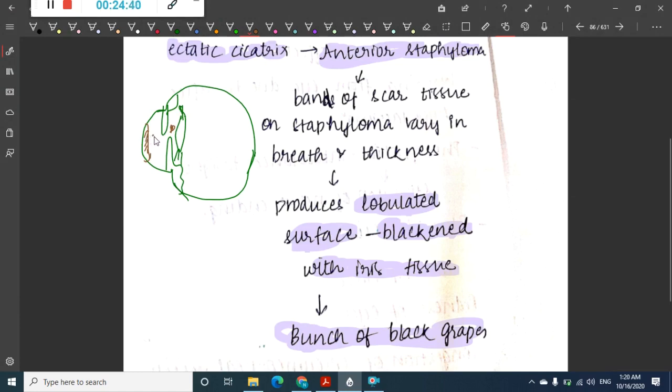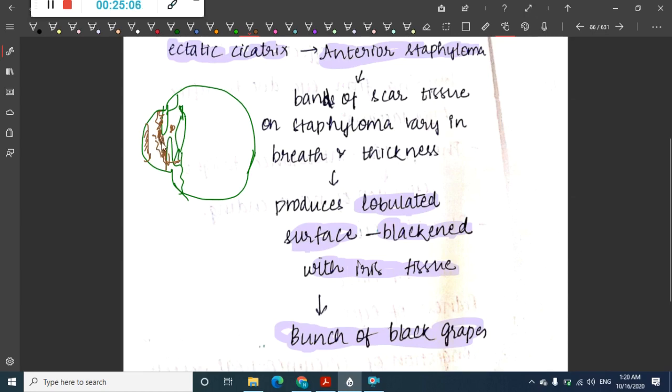Okay, this infection of the cornea will lead to sloughing of the cornea. So as a result, there is inflammation of this iris. The infection spreads to the aqueous humor and the iris, so there is inflammation of this iris also. As a result, exudates will form in the aqueous chamber, in the aqueous humor, because of the infection. These exudates will now form a layer in the pupil and block the pupil.